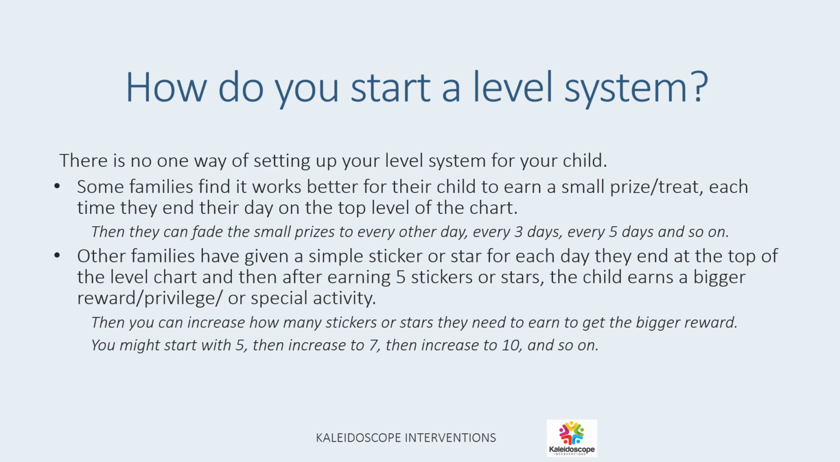You might start with 5. Then you can increase to 7. Then you can increase to 10, and so on. These activities, items, privileges can be anything that works for your child and your family. Preferred toys that they don't get access to otherwise, preferred games, preferred food from a special place,